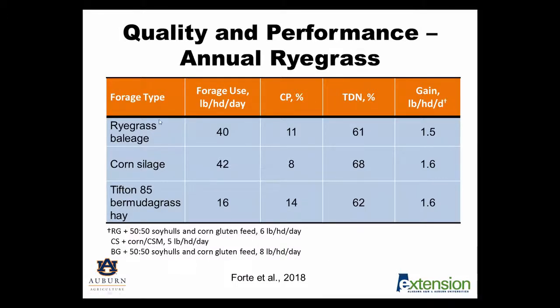And so we saw in that system that a ryegrass baleage that was cut really more in the boot to almost seed head stage had very high quality of that forage product, but if we look at some of our other conserved forage systems, we have very high quality hay that we were feeding in this system as well. So if we compared across each of those systems, they were all very comparable in terms of the overall gain that we saw in that system. So getting a higher quality product for baleage relative to your quality of hay that you produce or purchase is going to be an important decision as to whether or not baleage is really going to provide an advantage in